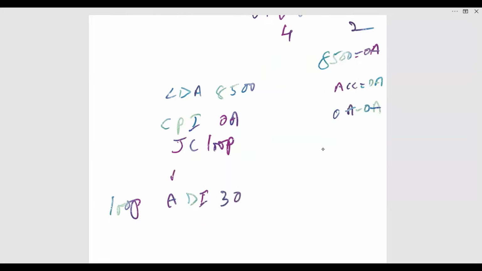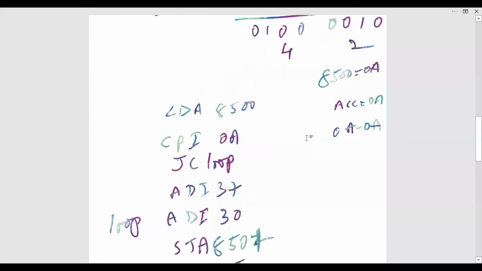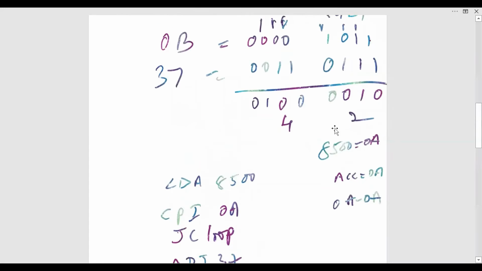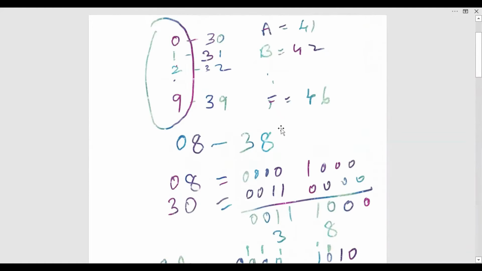If there is no carry, we have to add 37. I'll just tell you why we have to check for the carry. We can keep it in 8051. Now, to know whether the input number is less than A or greater than A, what we do is